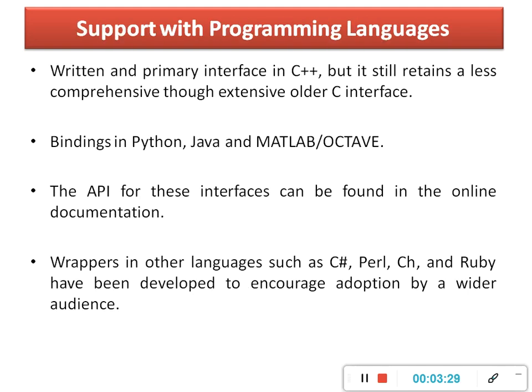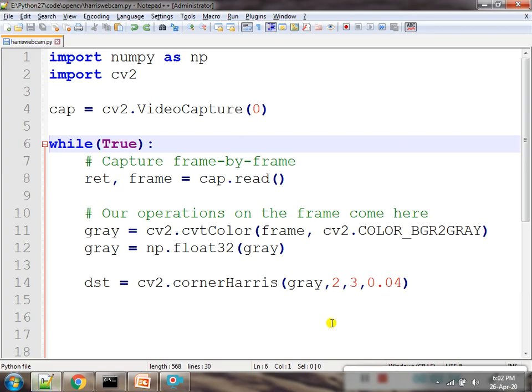So now I'm coming to the implementation part. You can see that this is the code, and this code is written in Python. Its base syntax is in Python, and you can see that in only a few lines of code we are able to implement the Harris Corner algorithm. We have imported NumPy. After that, cv2. cv2 is for OpenCV. And in the fourth line you can see cv2.VideoCapture. Automatically this function will capture the video from this particular camera index.